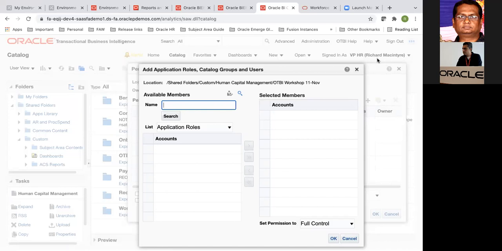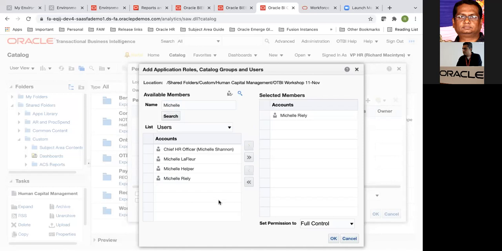I just choose somebody, so I'll say users. I just give access to this particular person, assuming this is my manager, full control, or maybe I can also specify read only.